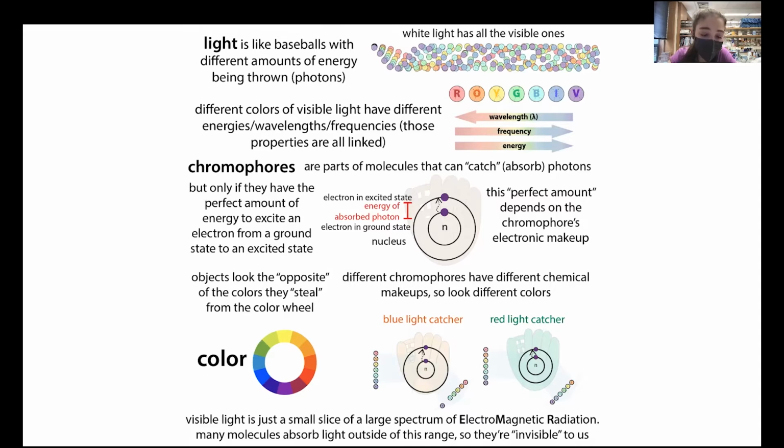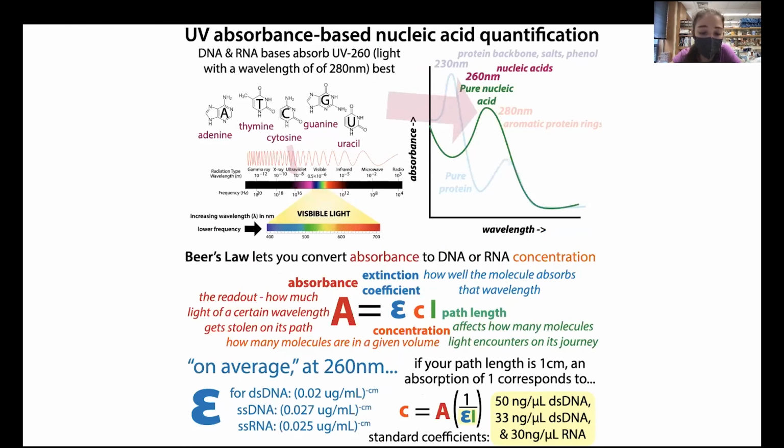For this, we'll just imagine one DNA molecule has one catcher, but remember it can have lots of catchers because you have lots of bases and different places on it, so you get a slightly shifted spectrum. But if we just use that simple catcher analogy,